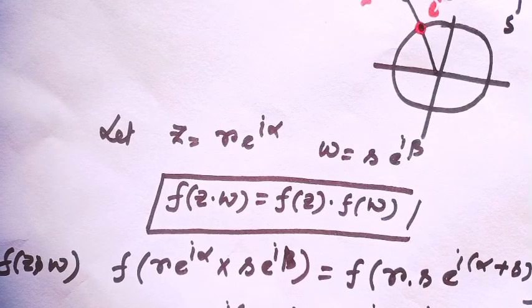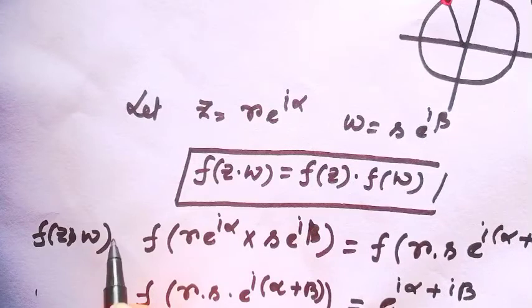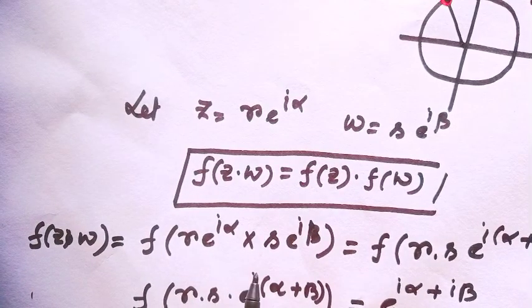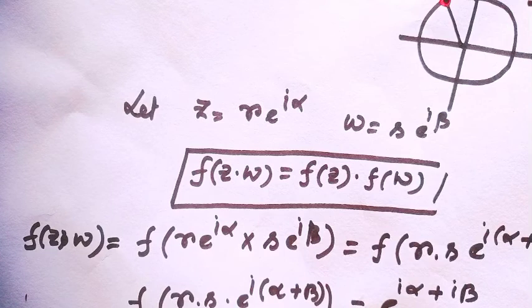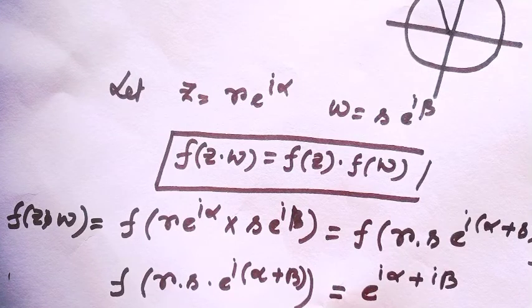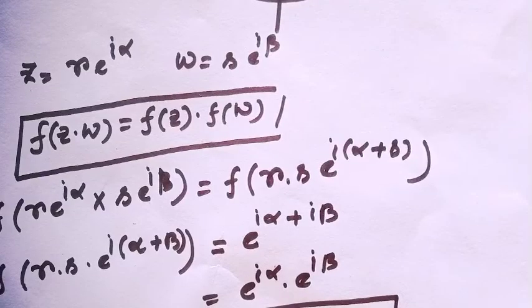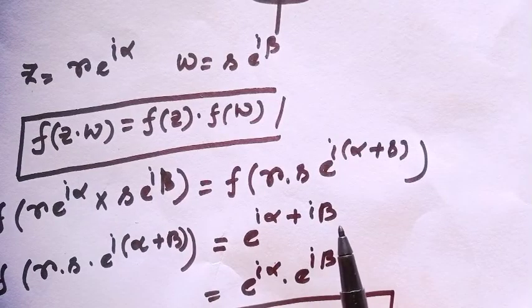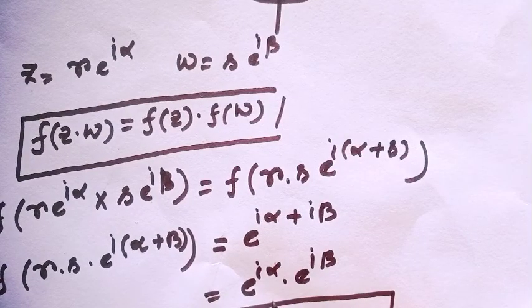Okay? f of zw equals f of r e to the power i alpha times s e to the power i beta, which we can write as f of r times s e to the power i (alpha plus beta). By the defined function, it is the same as e to the power i (alpha plus beta), which is also equal to